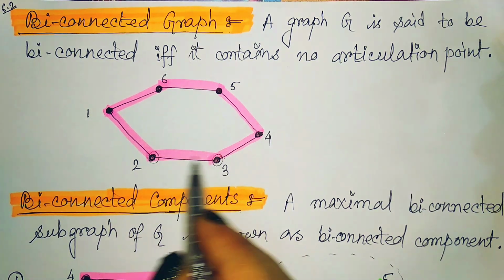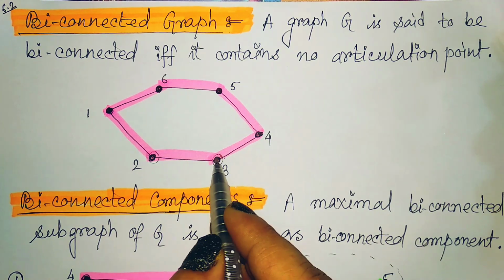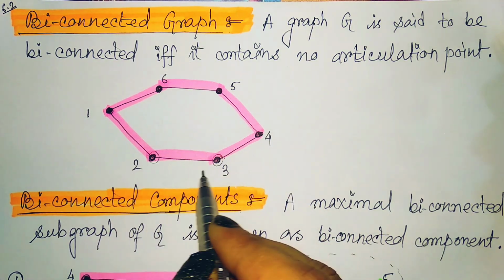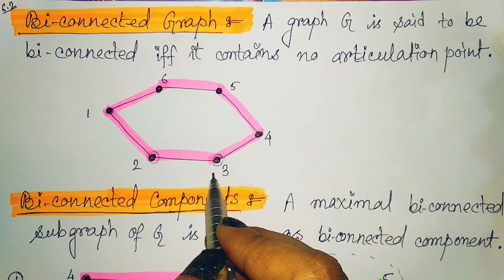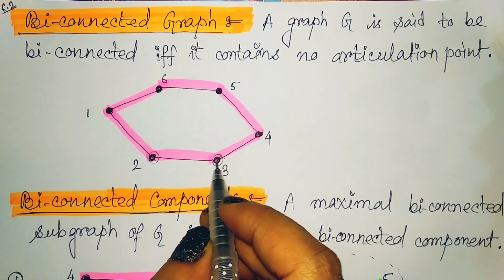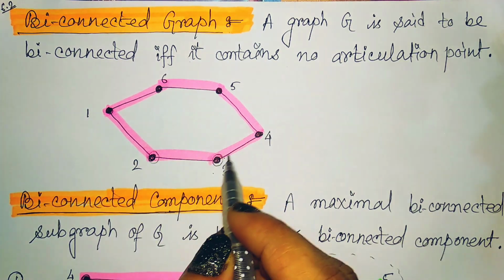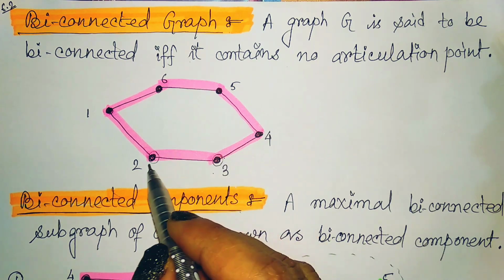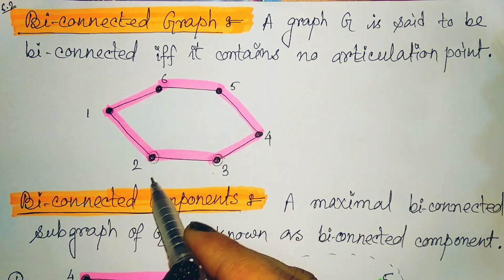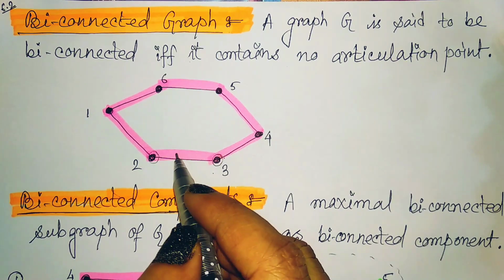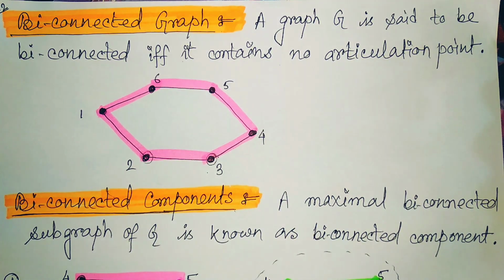So then this is connected by this edge. Again, this is another path by which we can connect these two and three vertices, so that it is a biconnected graph. And here no articulation points are given, because removal of any one of these vertices will not disconnect it. So this is our biconnected graph.